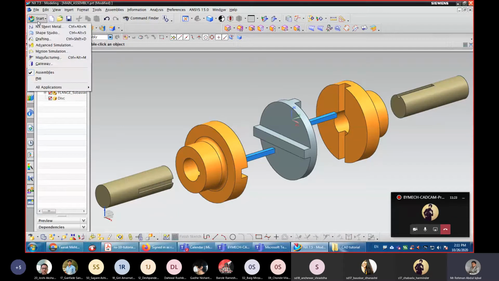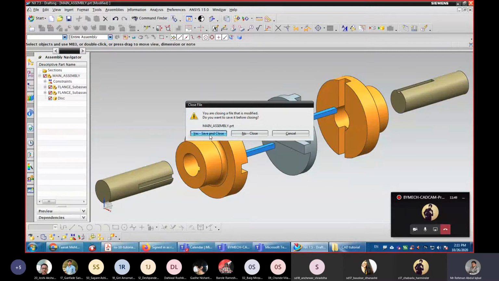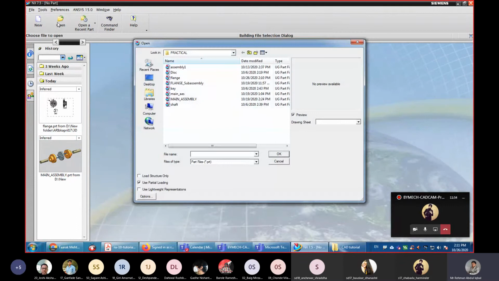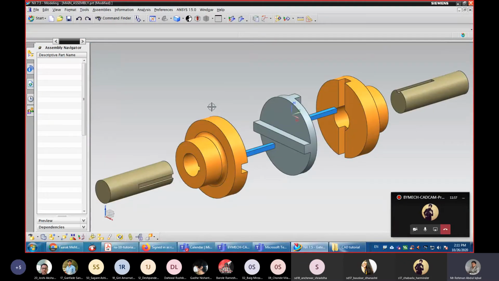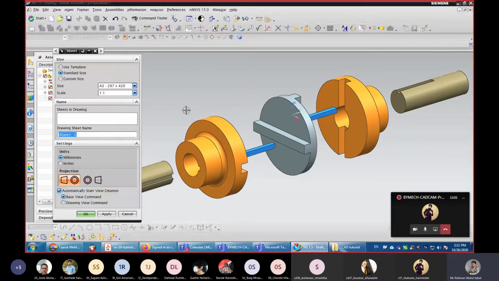Again, go to start, go to drafting. Start drafting.